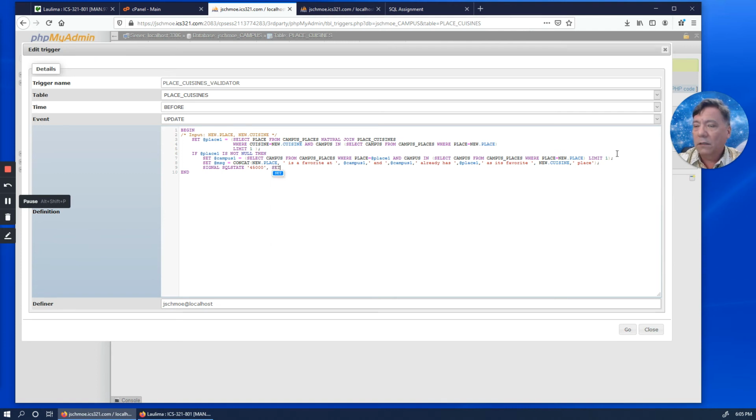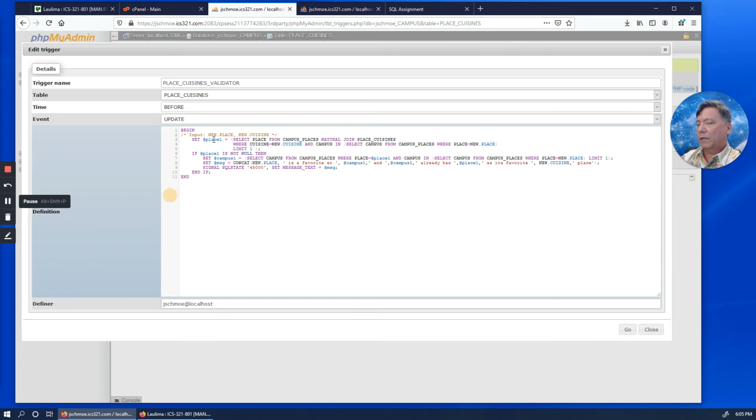Set the error message text equal to this error message we just created. And I think that should do it. So we first see if there is a place on a campus that has both the place we want to update and also has a place that is already the new cuisine that we want to set the place to.